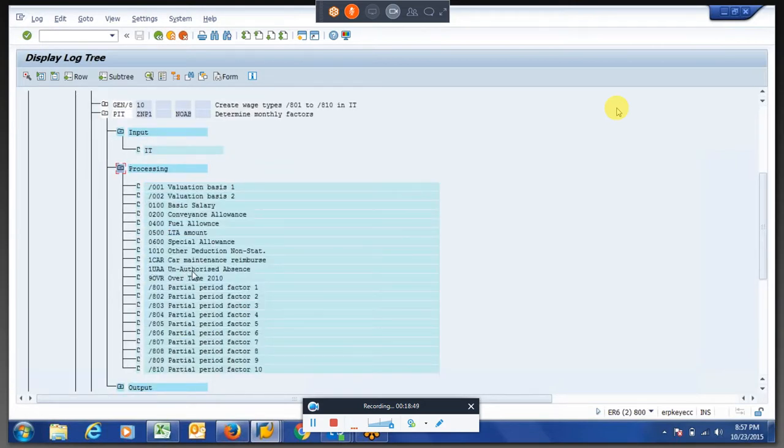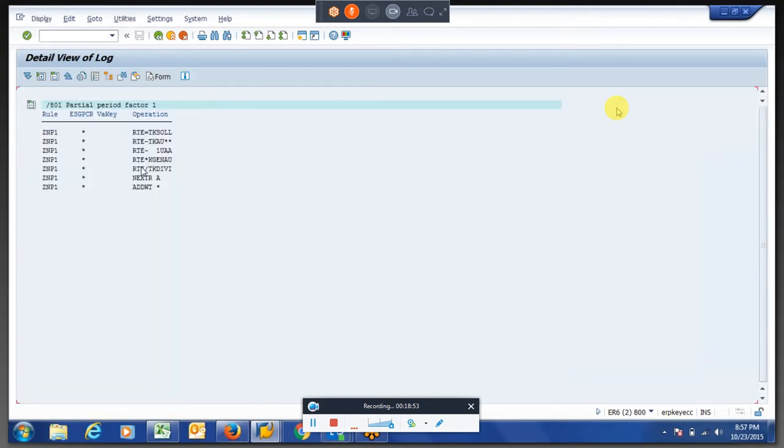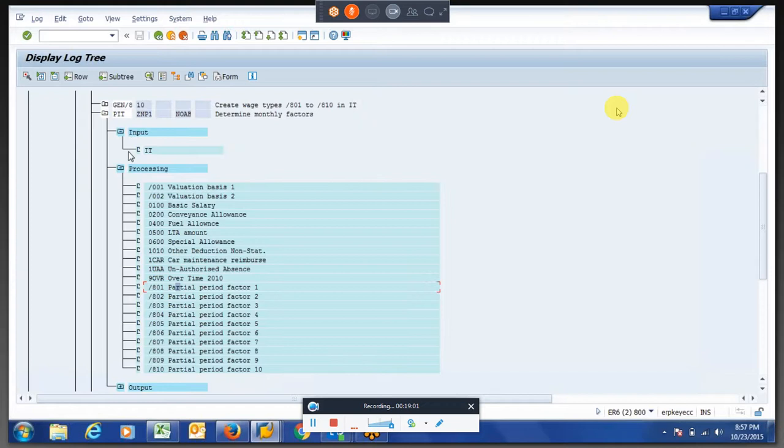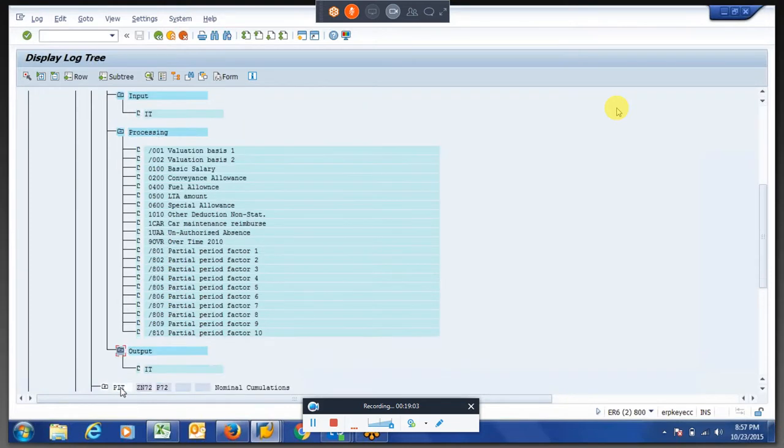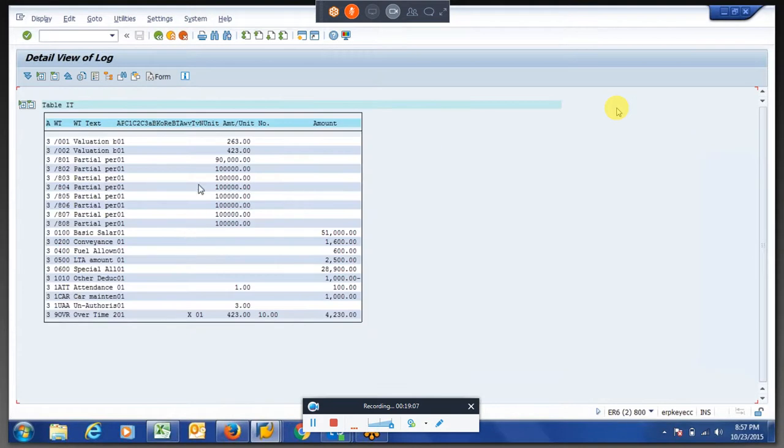Then our logic for /801 will be with a line. Again we are subtracting those many numbers from calendar days.